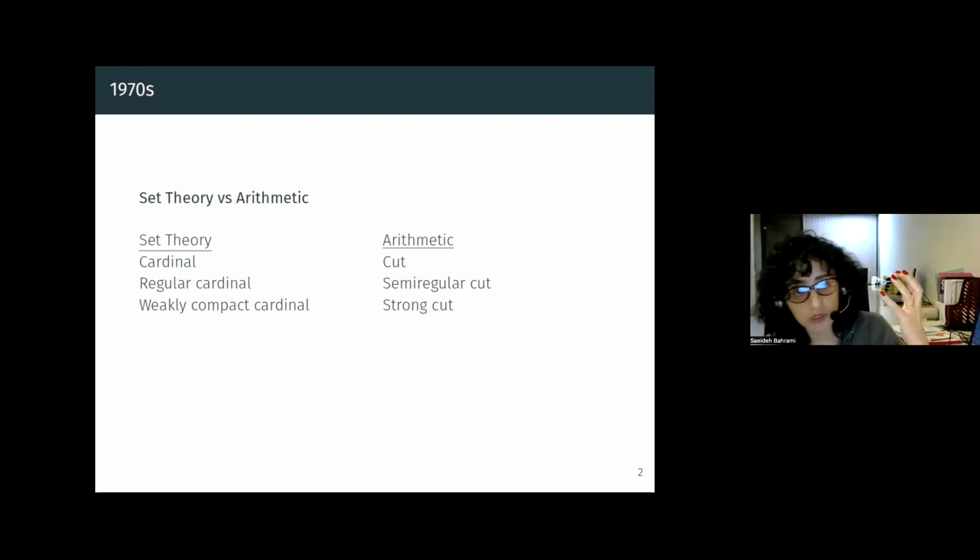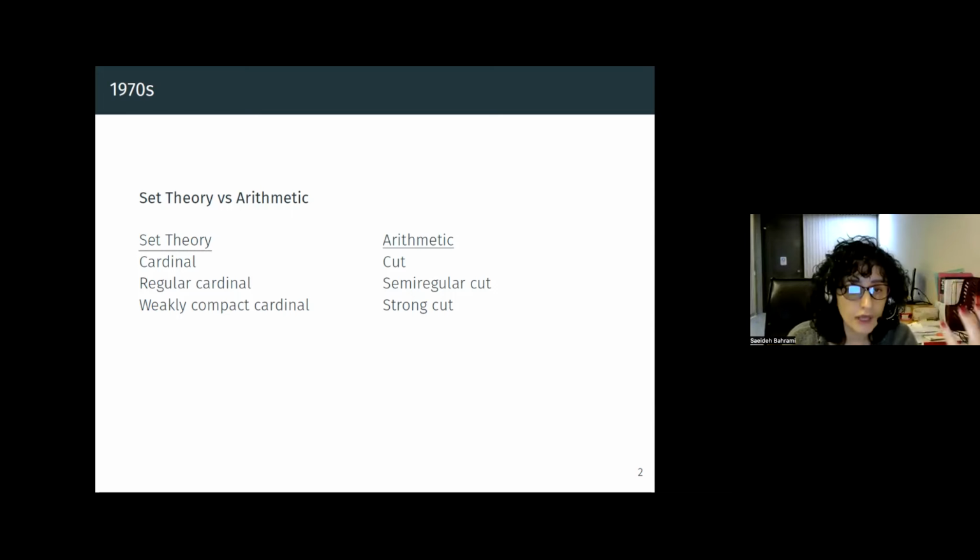One point of view is looking at it as a structure, as a model of the ground theory. The other point of view is looking at that structure as a model of some fragment of set theory. And this point of view gives us an insight which helps us